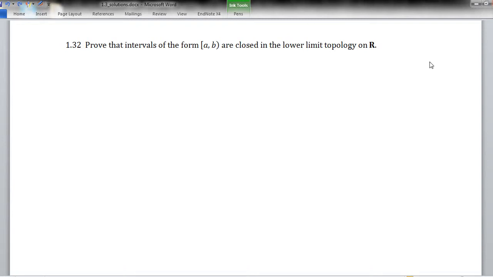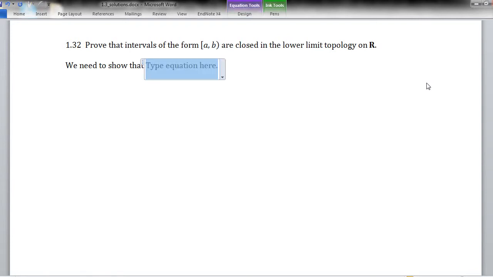Exercise 1.32. Prove that intervals of the form [a, b), including the left endpoint a, are closed in the lower limit topology on the real numbers. Now you remember that intervals of this form are precisely the basis elements for this lower limit topology. So in particular, they are open sets in that topology, and we're about to prove that these open sets are also closed. Okay? So to prove that they're closed, as always, we need to show that the complement is